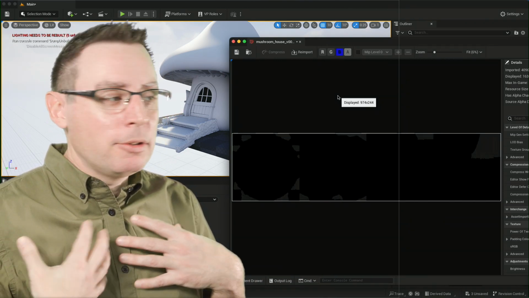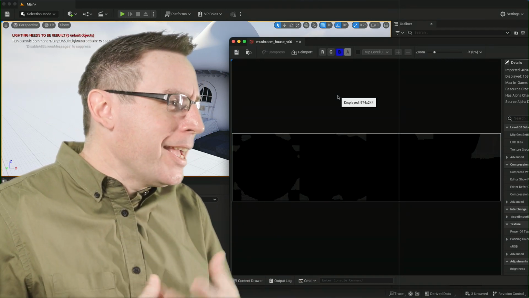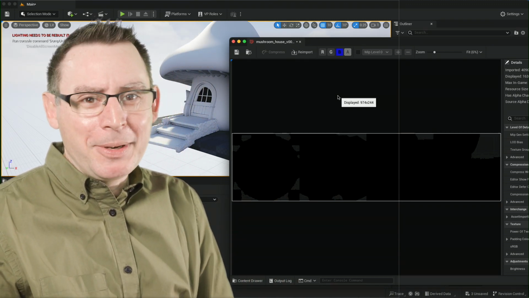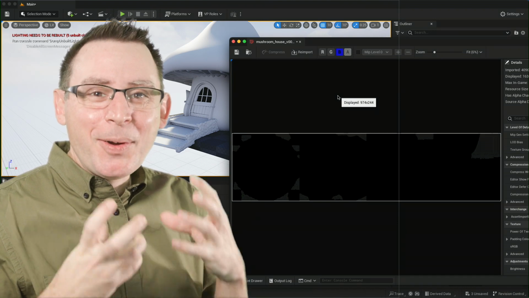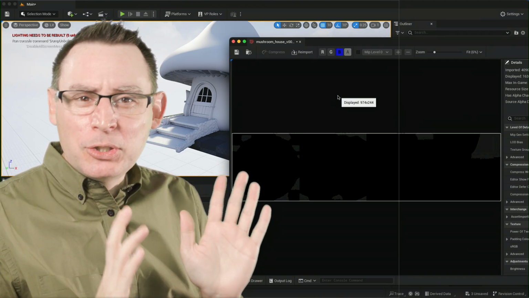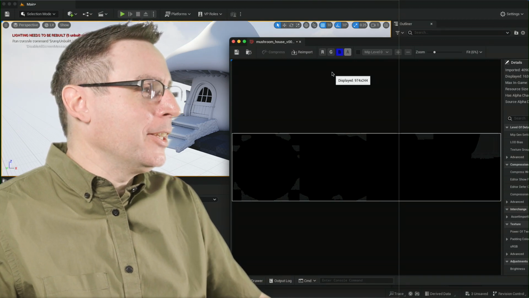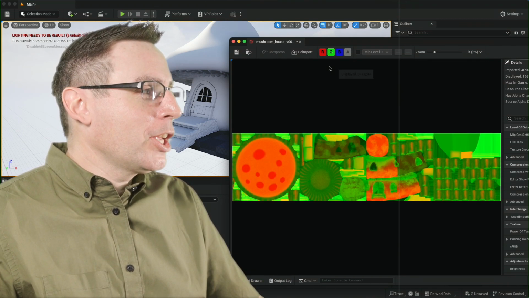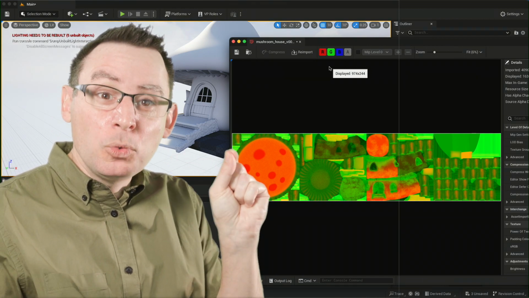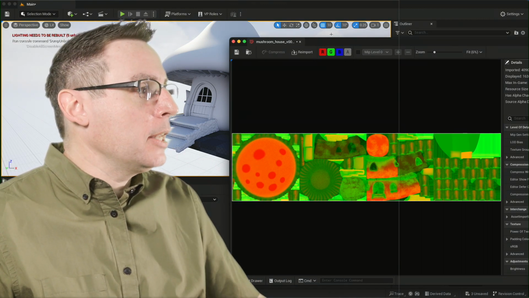Now, mine's almost all black. This is not a metallic object, so it should be all black, 0 value on the metallic channel. So this is what I should be seeing here. With all 3 of these color channels on, it looks kind of strange, but we're going to be accessing individual channels here in a minute in this image map.